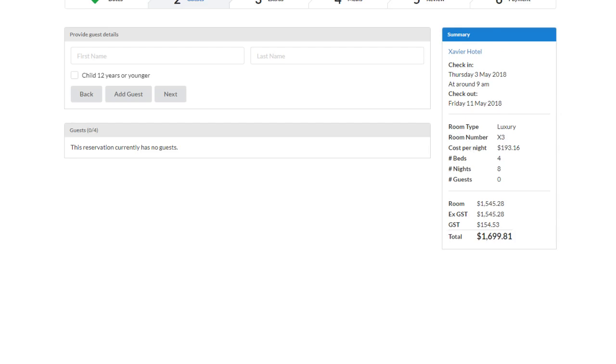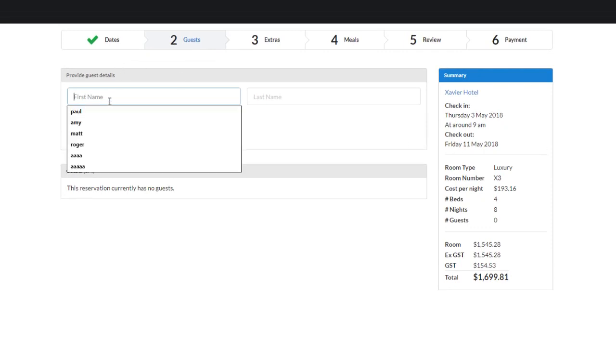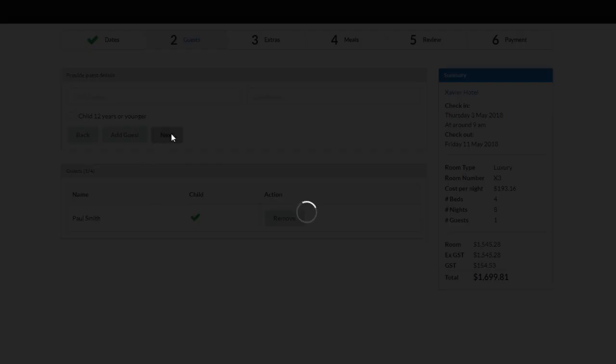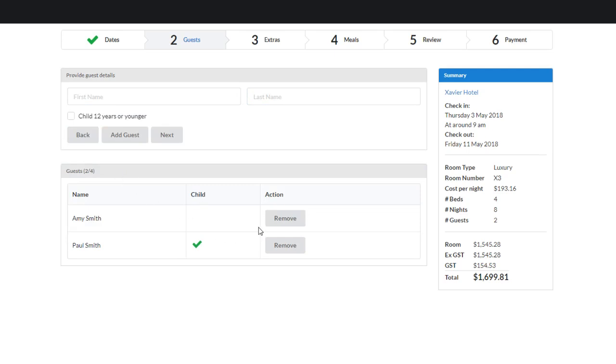When we add guests, the prices will update as well. So let's add a few guests. This room has 4 guests that's available, and we can't do things like, if you add a child you can't create it because you need at least 1 adult, for example. So if we add an adult to that, and then we have added 2 guests, we progress to the next